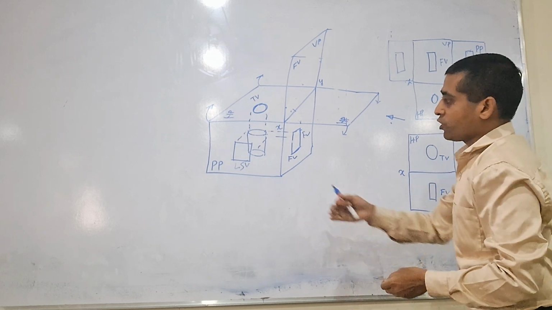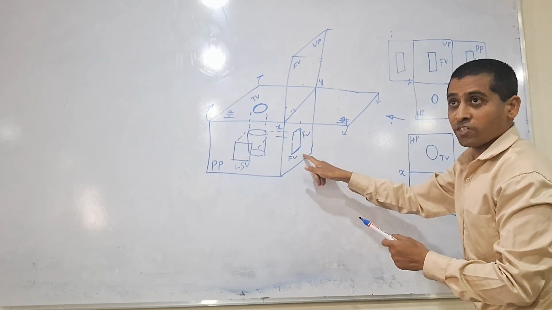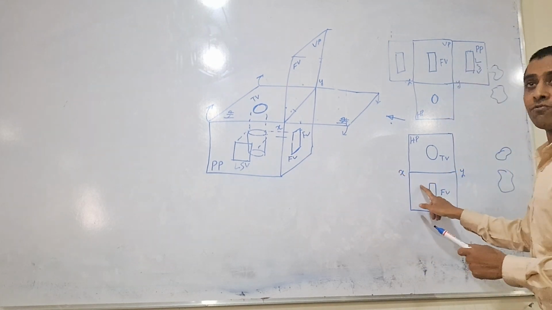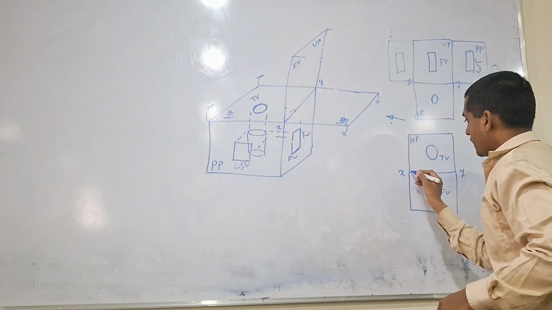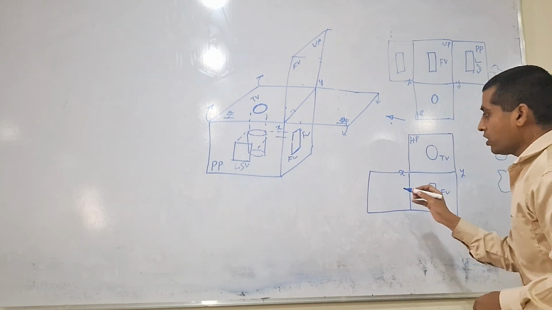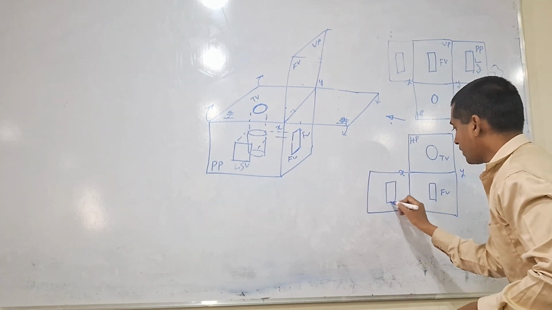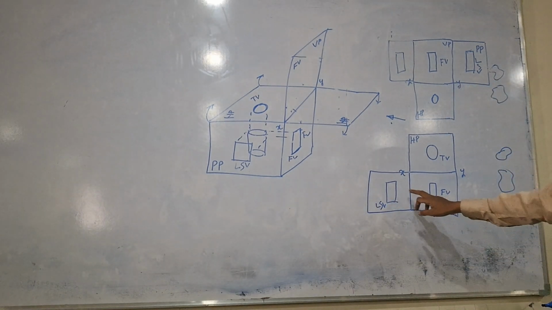Understood now? Now if you rotate this one like this, okay, this is the front view, right? So here the front view is there, and if I rotate like this, it will be presented here. Isn't it? So this is now the left hand side view. Is it clear? Understood now?